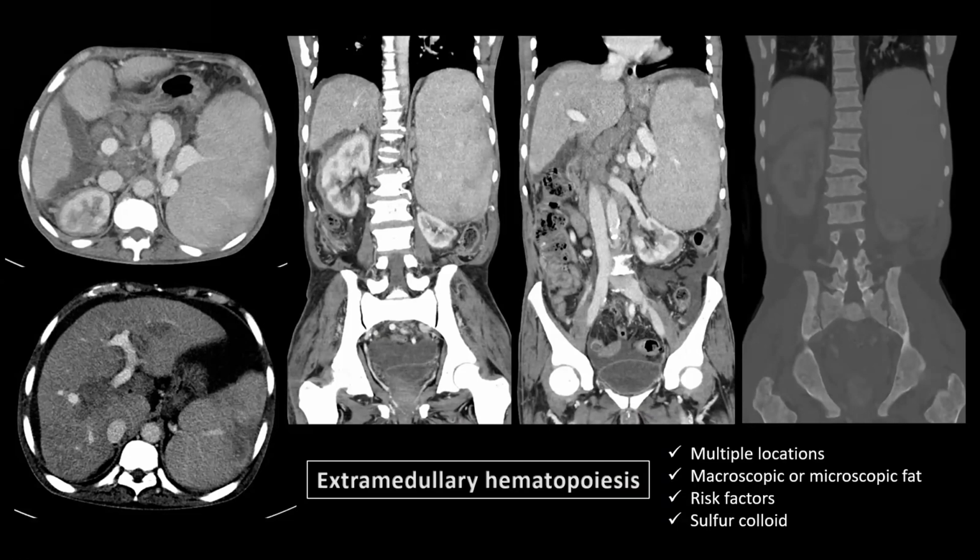But we have other ancillary findings that support the diagnosis of EMH. These are the presence of splenomegaly with multiple hypodensities, and the presence of soft tissue infiltration of other organs, like here in the perihepatic or periportal area. We also have multiple porta hepatis lymph nodes. And on assessment of the bone window, we can see there is diffuse sclerotic involvement of the bones. So this is likely